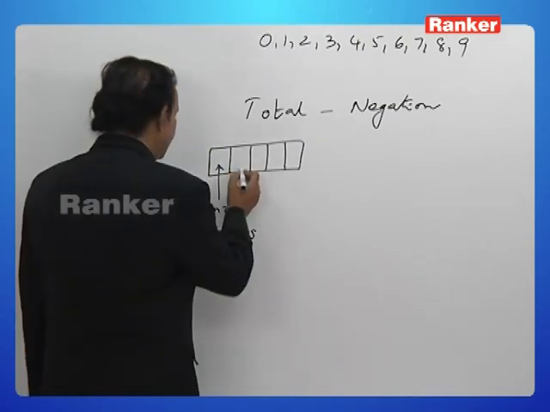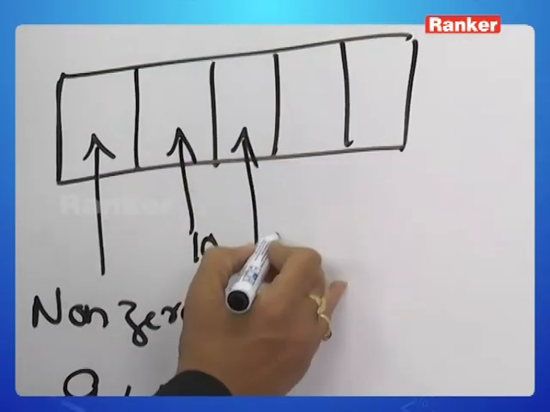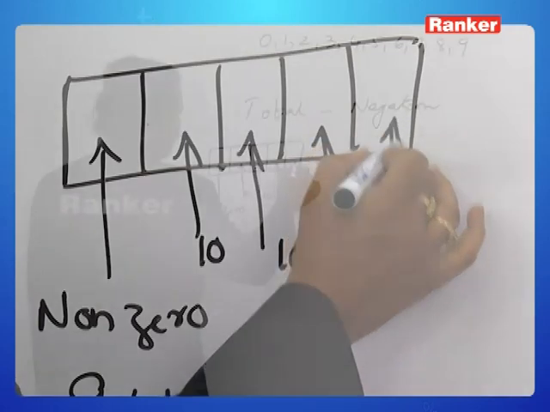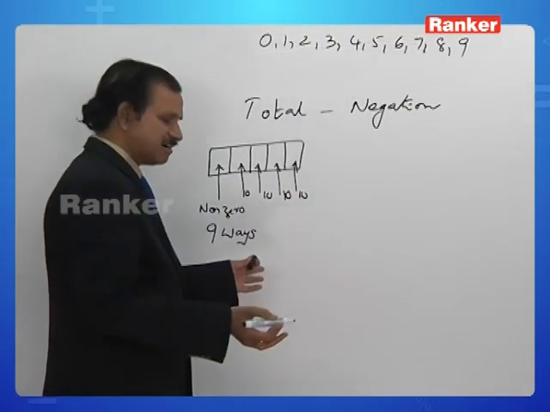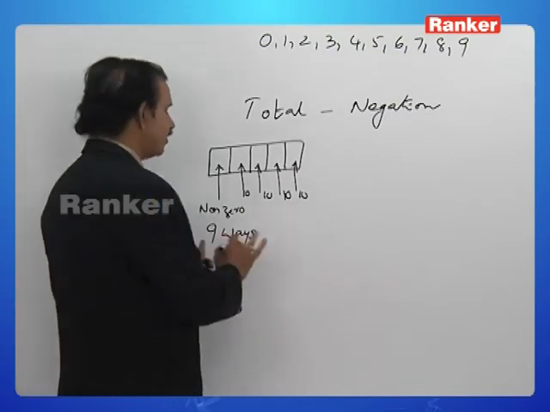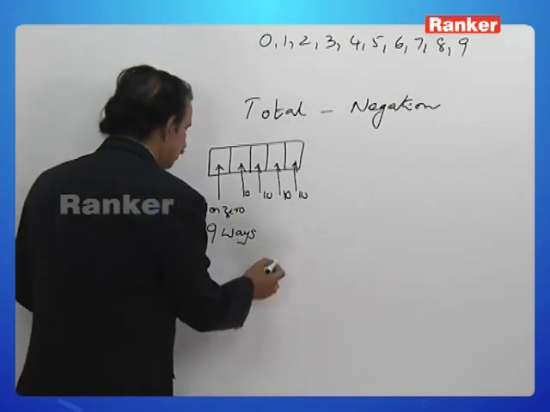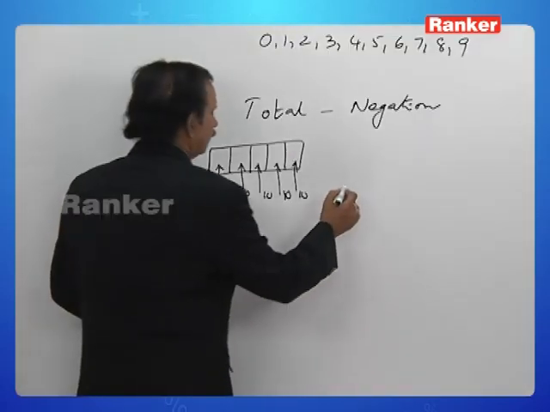Well, in this place, how many ways can you fill up? 10 ways. Here, 10 ways. Here, 10 ways. Why 10? Repetitions are allowed. We are not discussing at all about repetitions or without repetitions. Total number of arrangements we like to gather. What is the total number of these numbers? 9 into 10 power 4 minus